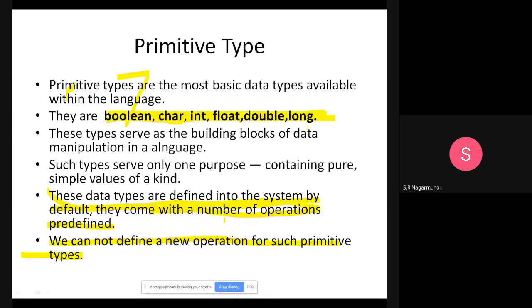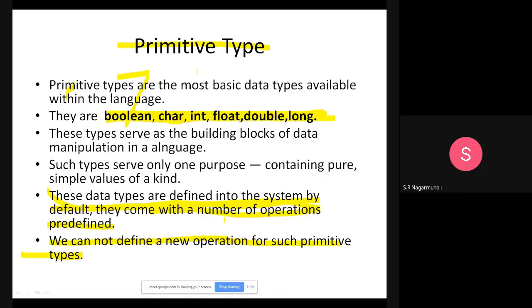So that is a non-primitive data structure. Whereas for primitive, int, float, character, how to add, how to compare, all has been defined by the system. So remember, primitive data types are defined by the system and the operations on them are also defined. We, the users, cannot define any operations on these primitive data types.